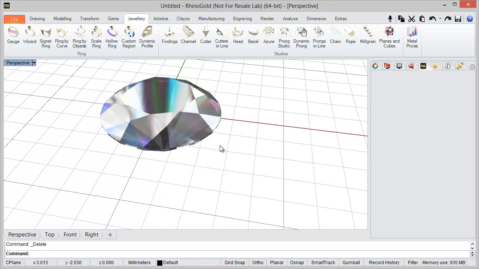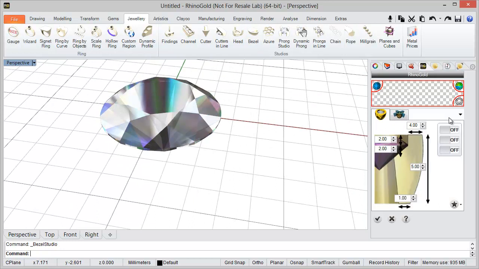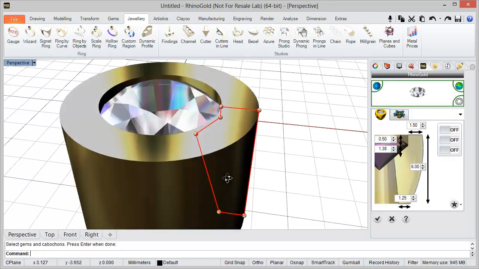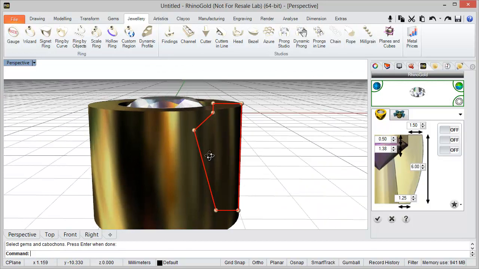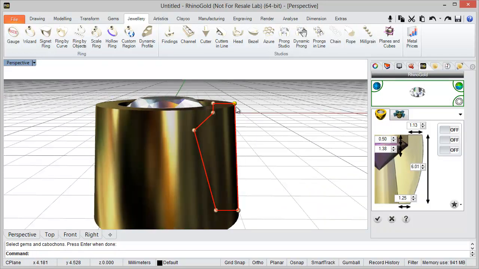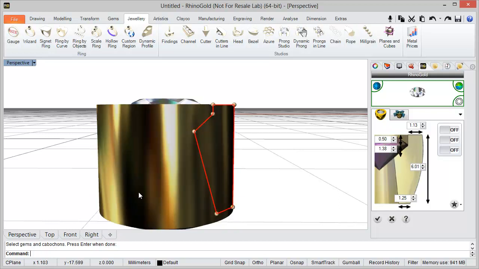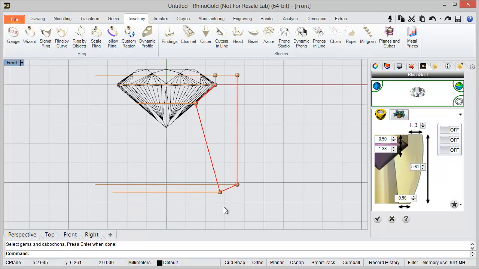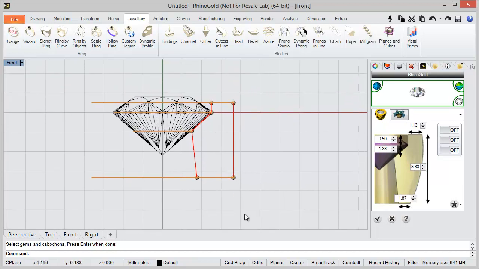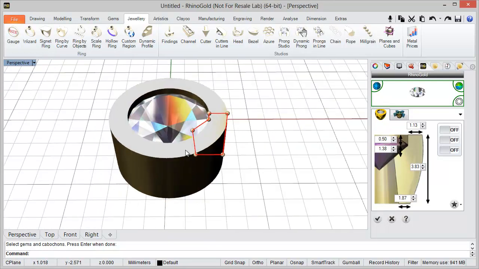Okay, now I'm going to create a bezel to this gem, and the idea is to use these points to adjust the shape, and they will always snap each other, only with each other. For example, I can go to the front view, I can adjust for example this one to this one, and now to the other one. So can do it